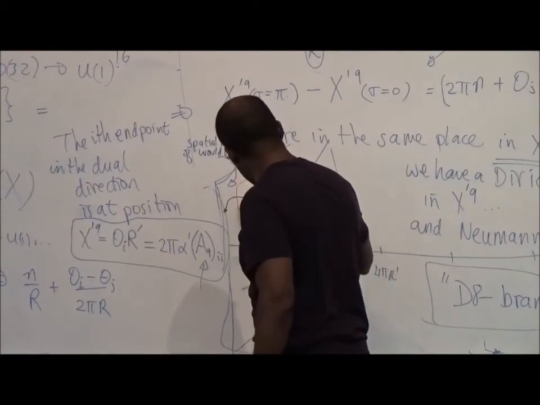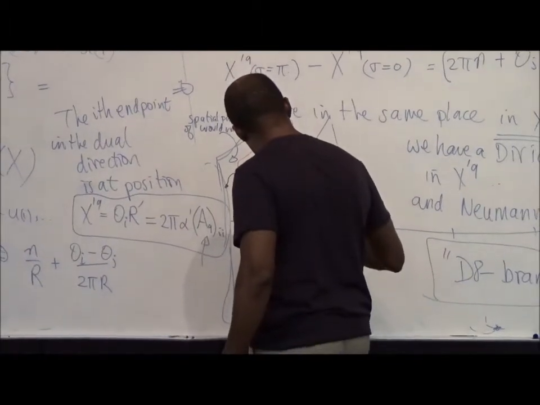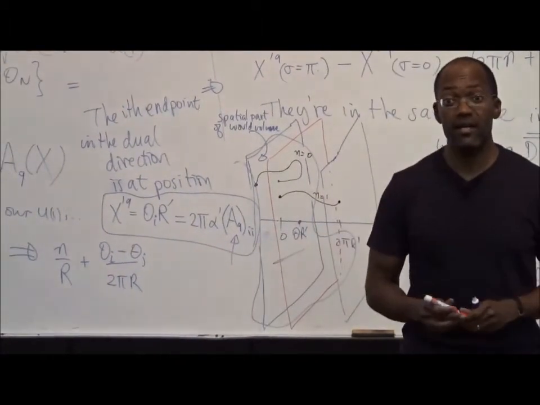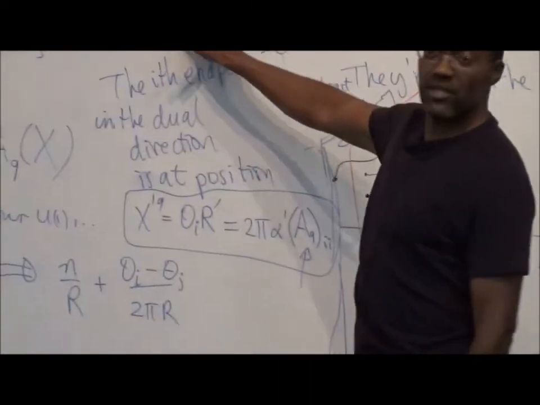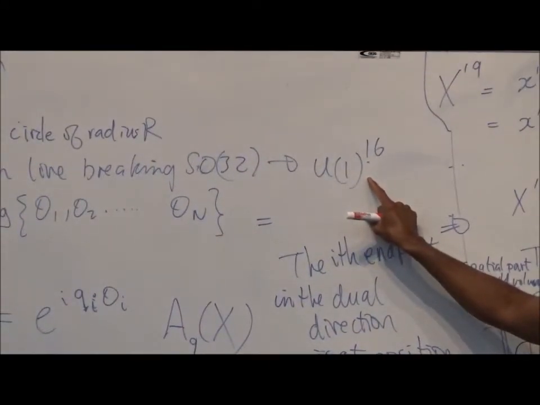Now I draw another plane located at that position where that brane is. Yeah? And in fact, I can draw 16 of them for the full SO(32) 10-dimensional type 1 string theory. So, in fact, there's 16